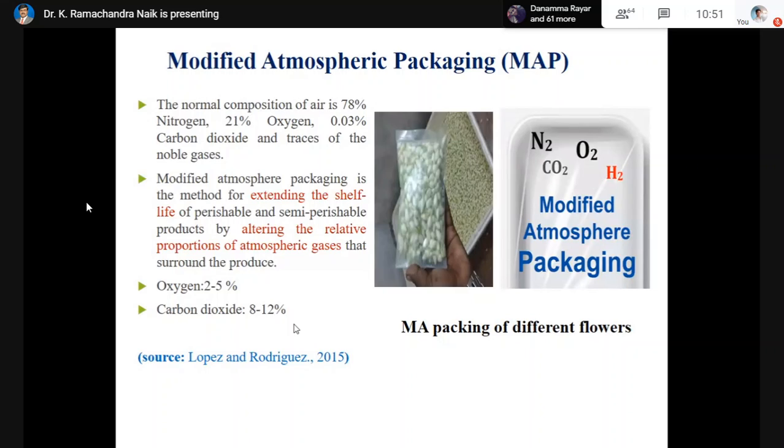But in case of controlled atmospheric storage, it is not like that. In controlled atmosphere, even if the internal gaseous composition is modified,